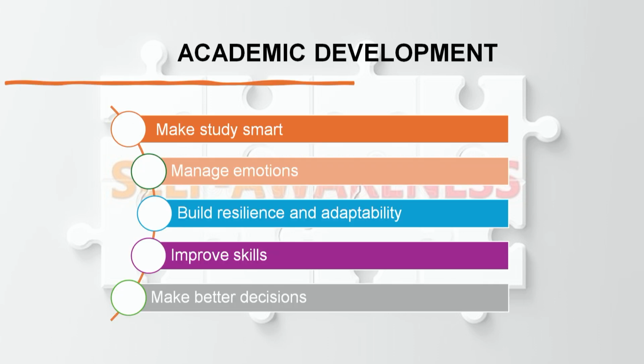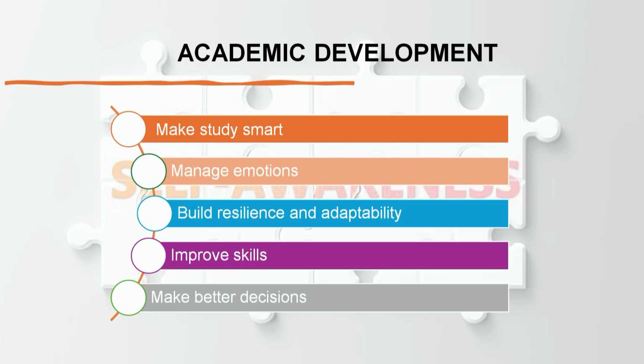Academic development, therefore, refers to how we make our way of studying smarter. Many times we have seen that certain students are slogging for hours and hours, but the outcome is very limited, while there are certain students who are able to utilize even a short amount of time and make a very successful or very efficient output. So when you are studying smarter, you do things according to your merit, according to the situations you have.